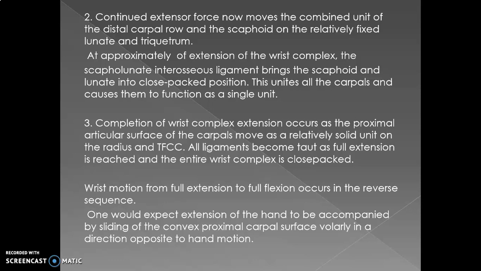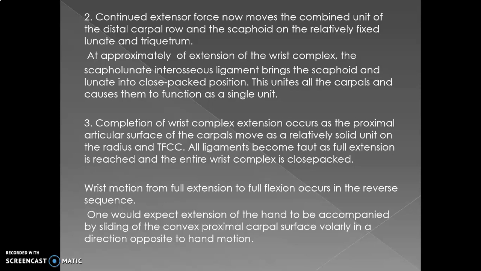Then again we are going to the high extension. Continued extensor force now moves a combined unit of the distal carpal row. After neutral, it will go more towards the extensor area. The hand will go above the level. If you put your hand and forearm on a table and then try to lift only the hand, that kind of movement is happening now. So continued extensor force now moves the combined unit of the distal carpal row